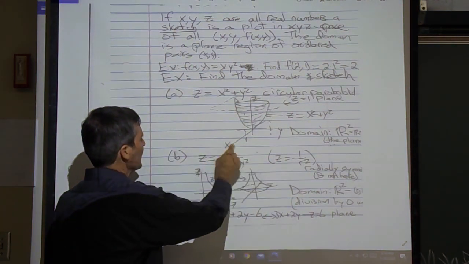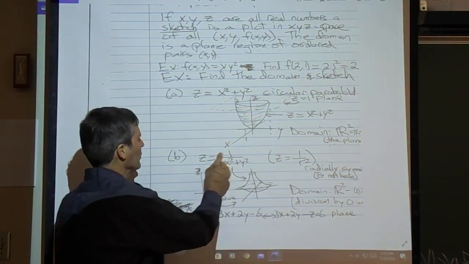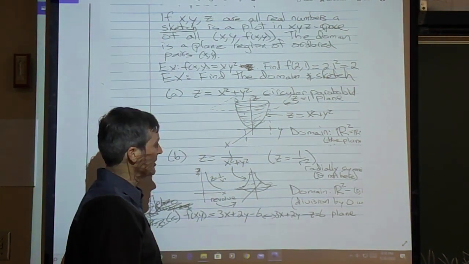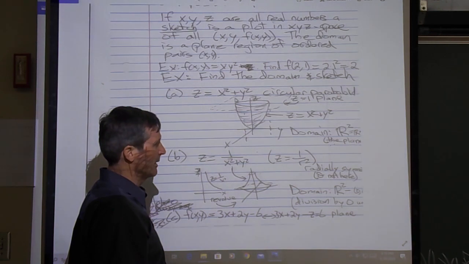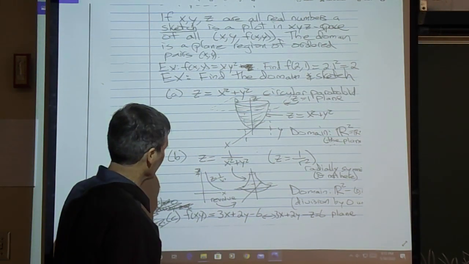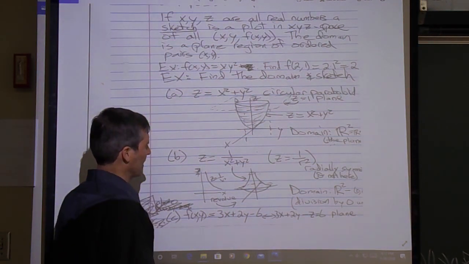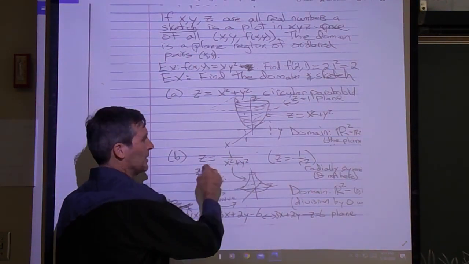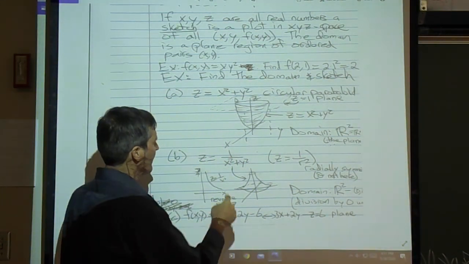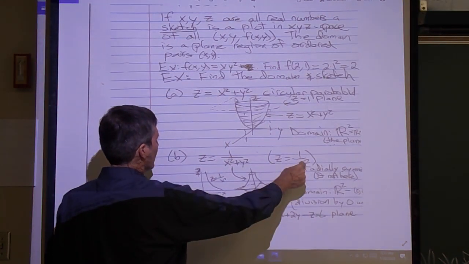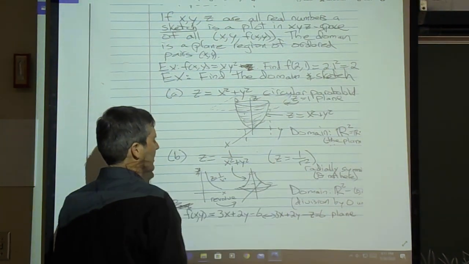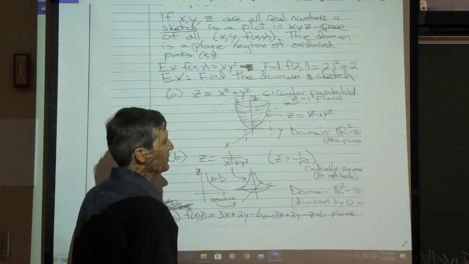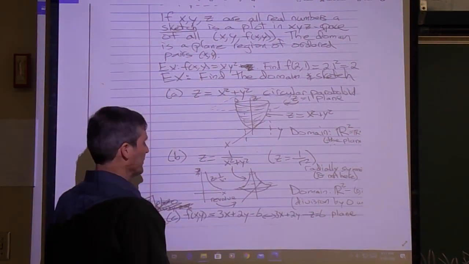Suppose I want to sketch this one. You could sketch it on the computer, z equals 1 over x squared plus y squared. How can I figure out how to sketch that, which is not one of my standard surfaces that I know from previous calculus? Well, when you see an x squared plus y squared, one trick everybody knows, you can replace that with r squared, right? Now this is z equals 1 over r squared in polar coordinates, and theta isn't present. When theta isn't present, that means there's a radial symmetry. So if you take this curve,